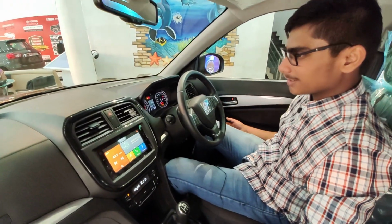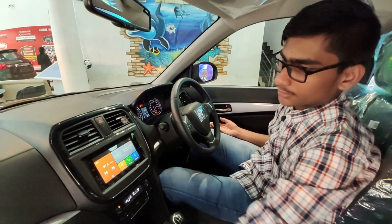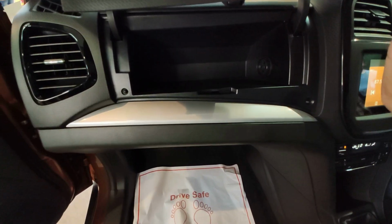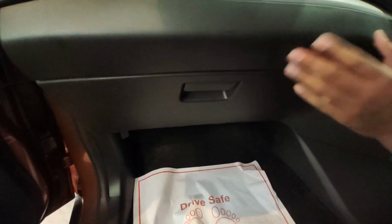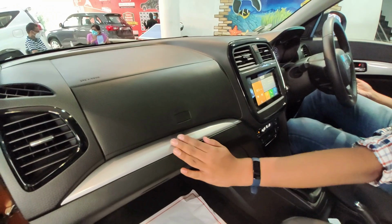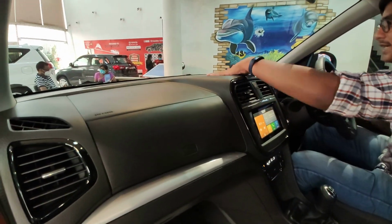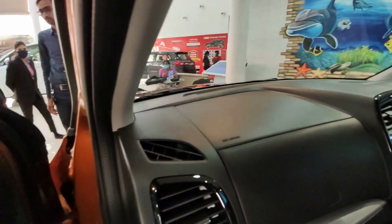So there is nothing to say because this car is not too much loaded. Here is a small glow box on the top part, and also there is another glow box on the lower half, and here it gets the same silver finish which we found in the doors. There is this hard plastic with texture finish which starts from here and runs towards the doors as well,